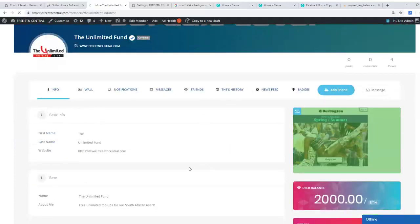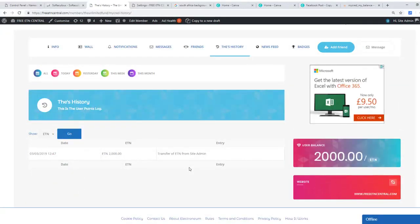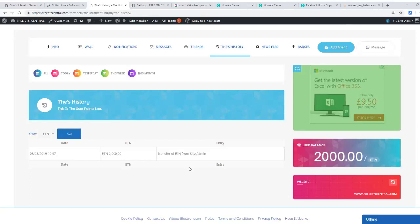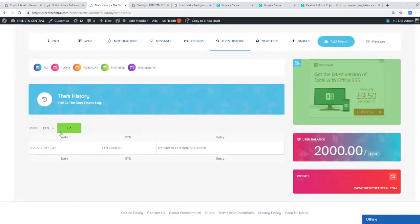You'll be able to check the fund's history. So here we go. All transactions from the unlimited fund will be listed here. You'll be able to go through and see exactly what funds have been donated, what funds have been sent, and which user they're attributed to. So you can see that,